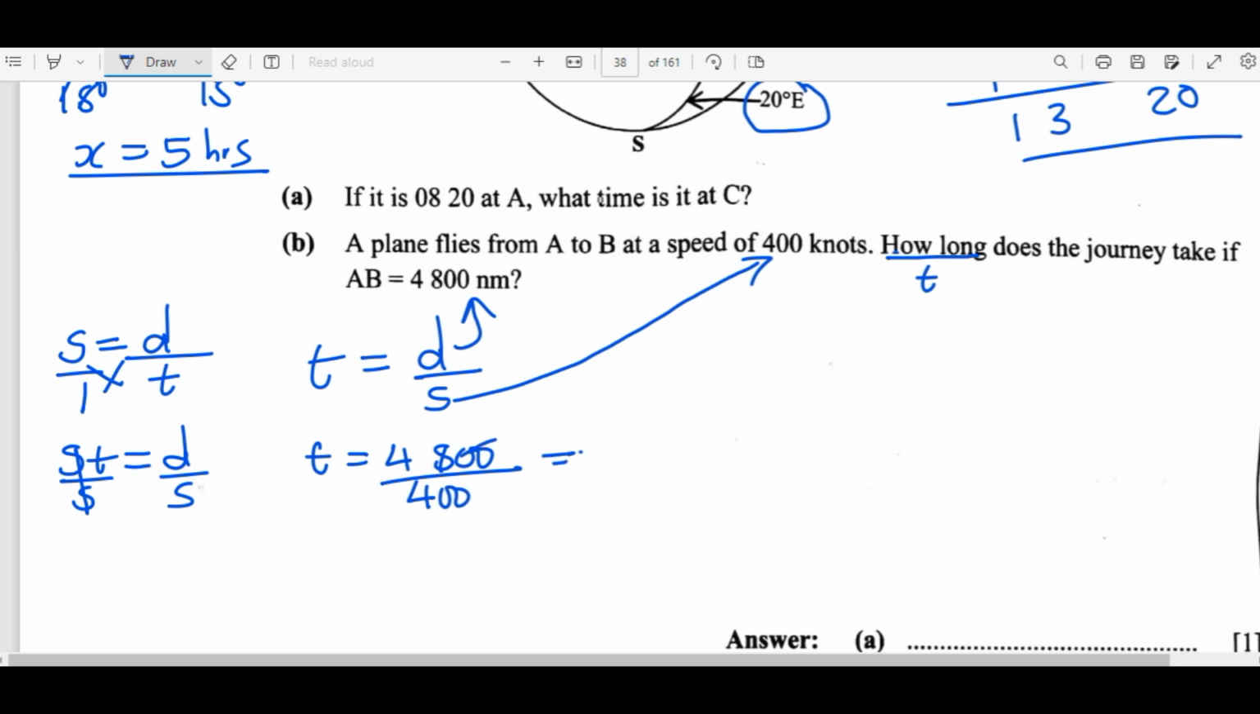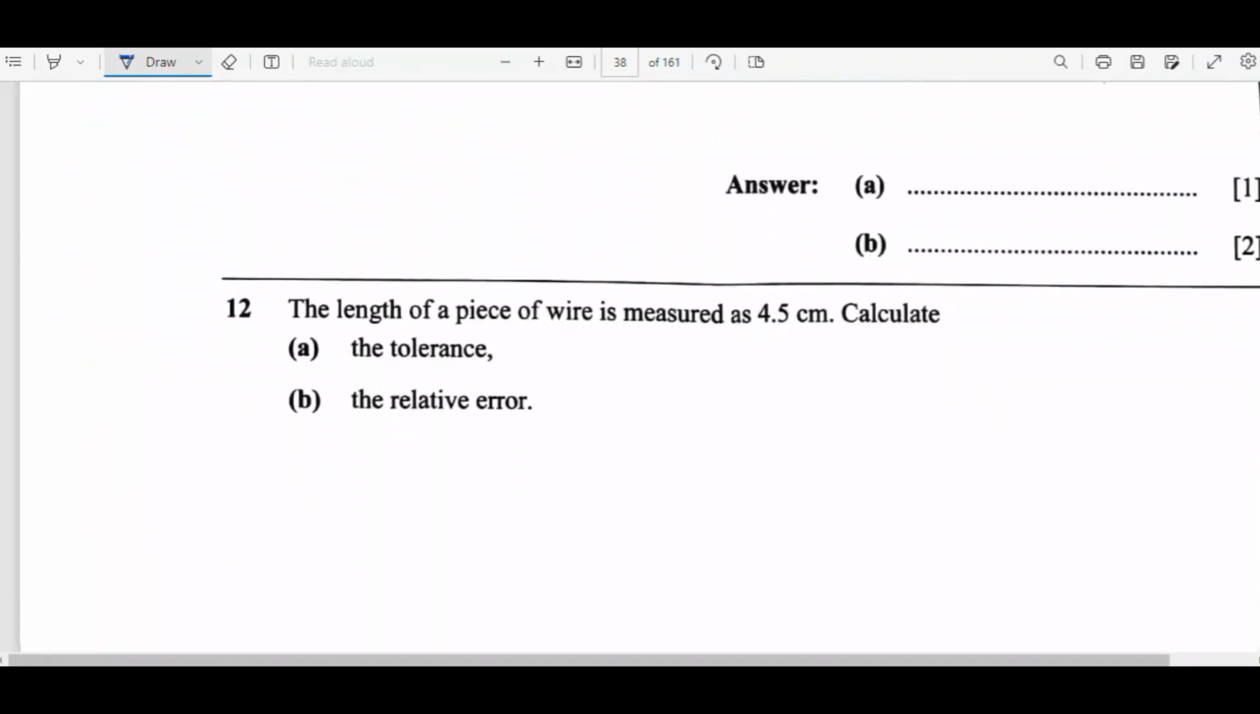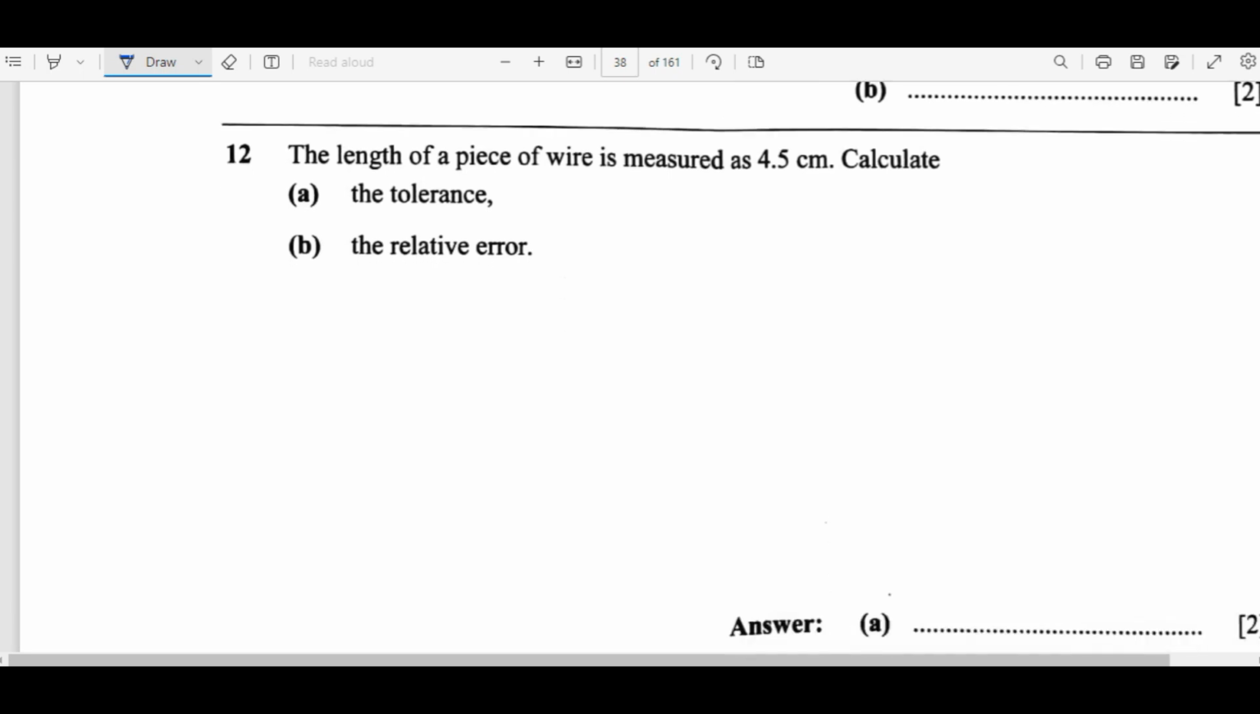So we can cancel the zeros. 4 into 4 is 1. 4 into 8 will give us 12. So it is 12 hours, because 12 times 4 will give us 48. We move on to question 12. The length of a piece of wire is measured as 4.5 centimeters. Calculate the tolerance. So to find the tolerance, first we need to find